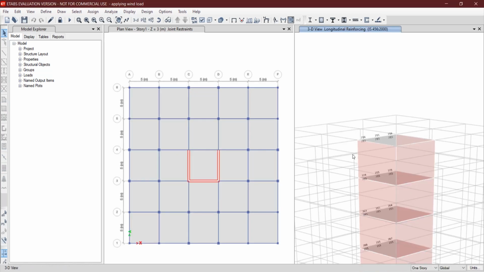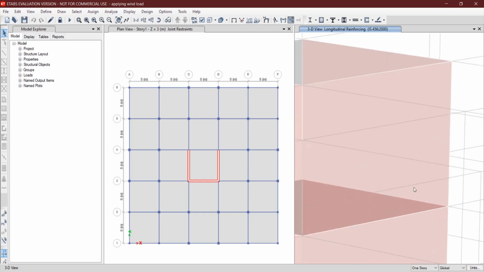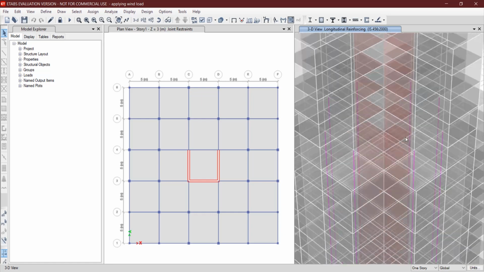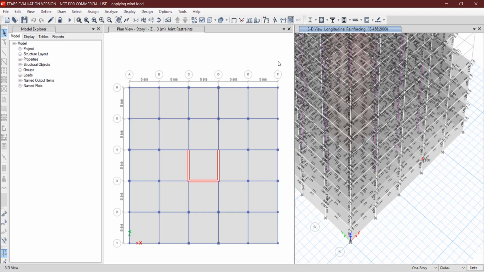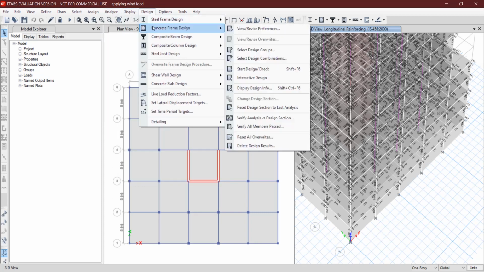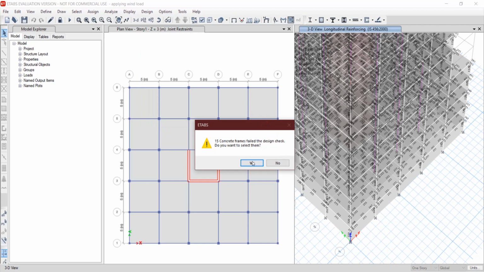Okay, now it is designed. Now you have to check whether all members pass or not. Go to design, concrete frame design, verify all members pass. Here 15 members are failing.